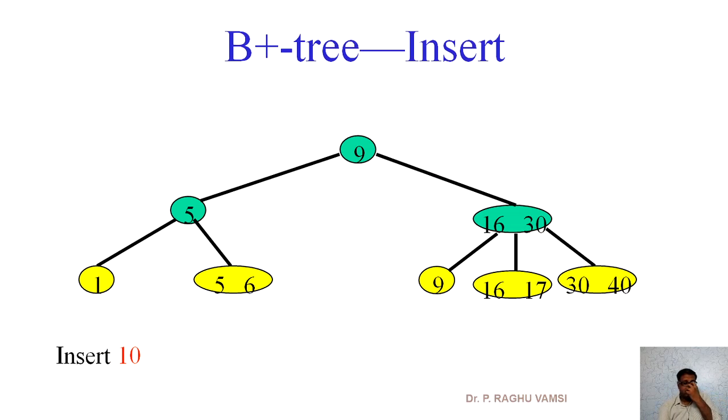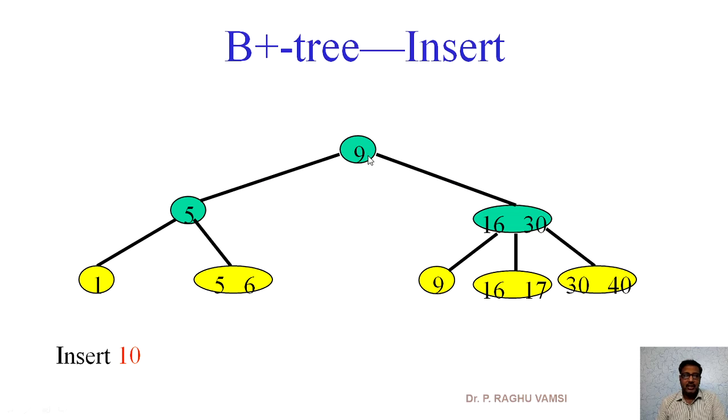If you want to insert a new element, can you recall what the order of this tree is? The order of this tree is 2. That is, the maximum number of elements in a node is 2. Or we can say it is a 2-3 tree, or a 3-2 tree, because if the order is m, we can say it is the m-(m-1) tree, or (m-1)-m tree. This is the order of 2, and let us go for insertion of the node 10.